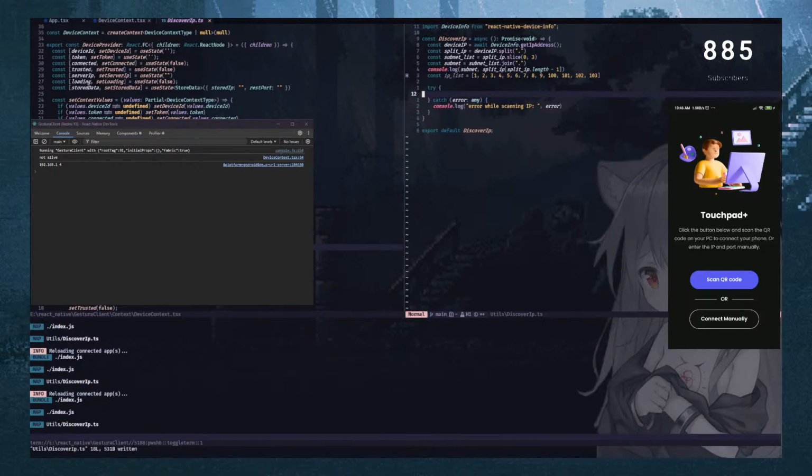In the try block, I will make a network request. So response equal